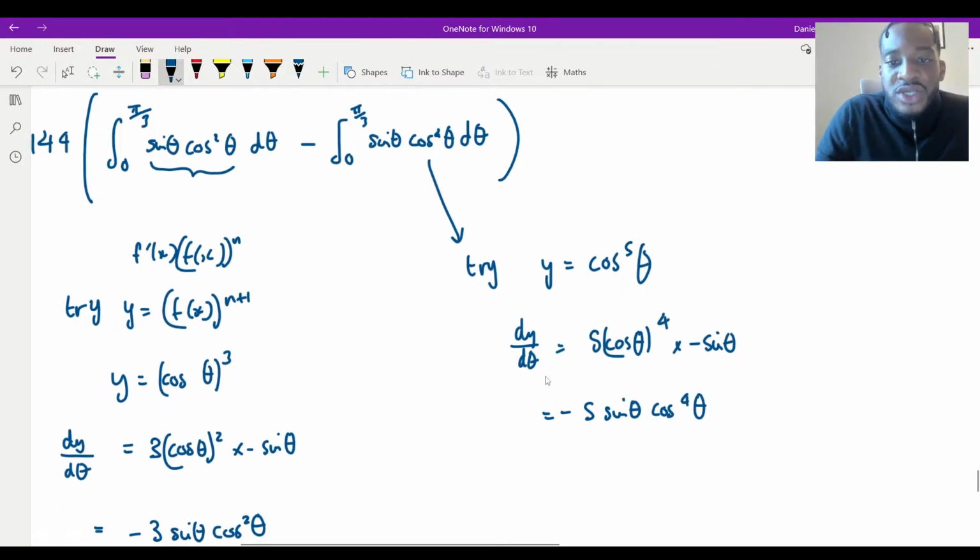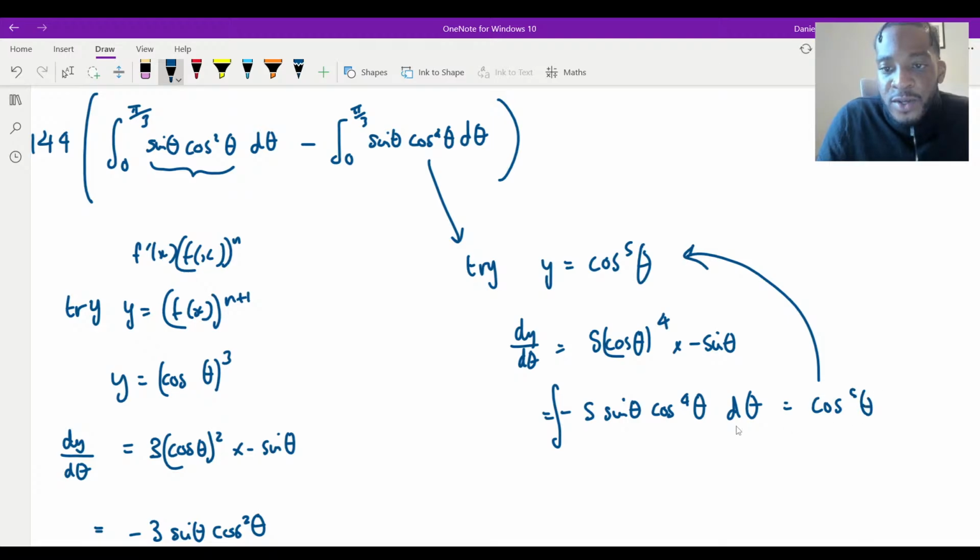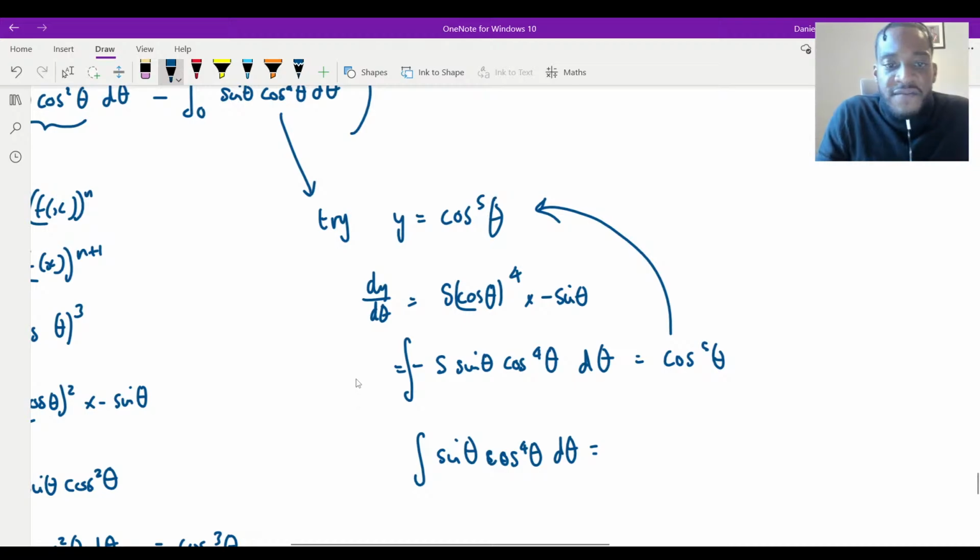So again, if somebody asks you to integrate that, you'd get cos to the 5. So if somebody asks you to integrate that, which doesn't have a minus 5, let me just make sure I've done that correct. Yeah, that's fine. Without that, it's going to be cos to the 4 theta d theta. The difference is divided by minus 5, no? So it's going to be minus a fifth cos to the 5 theta. So now we've got the integral for both.